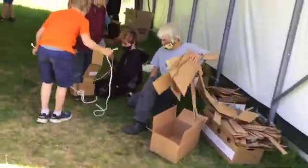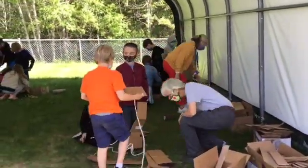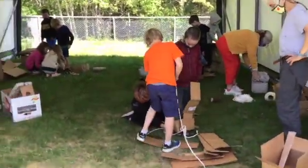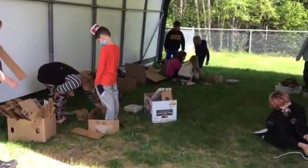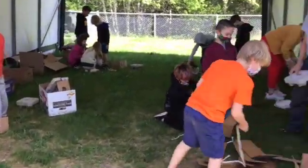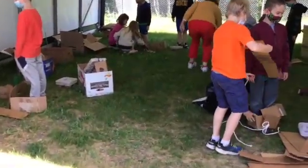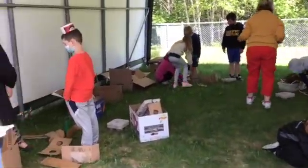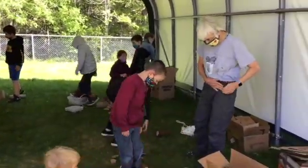Here you go, here's some more. I don't like it. We might need a whole box. No, don't do it. Wait, I have an idea. Just cut a hole in the box. Now that's a great idea. I don't know if that's cheating. I think that's thinking creatively is what I